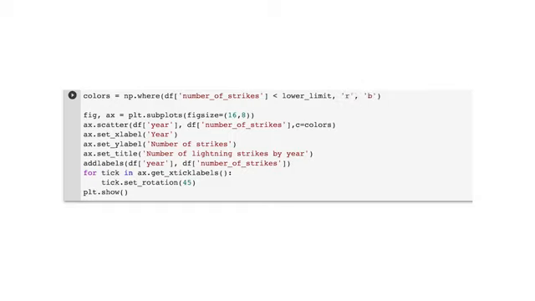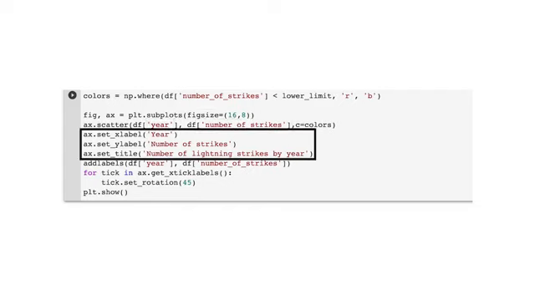Our next line of code should feel familiar. We start by configuring our visualization size. In this case, we code 16 and 8 inches, which are the default units for this function. Next is our code for scatter plots, ax.scatter. The ax refers to axis, which tells the notebook to plot the data on an x versus y data graphic. Inside the argument field, we first input the x-axis and then the y-axis, which is year and number of strikes, respectively. For the rest of the parameters, we fill in the x and y label and the title.